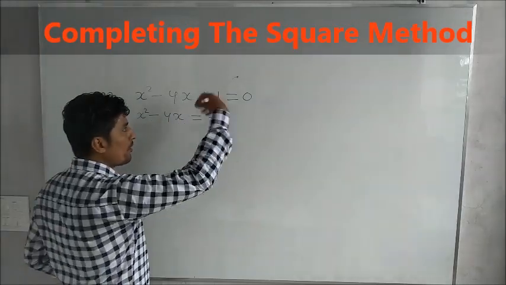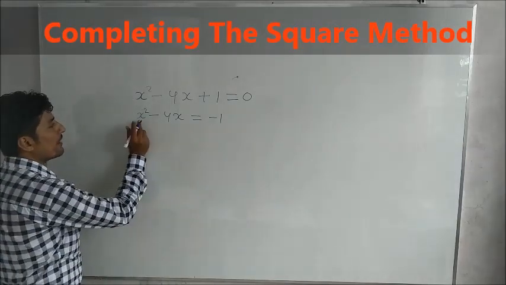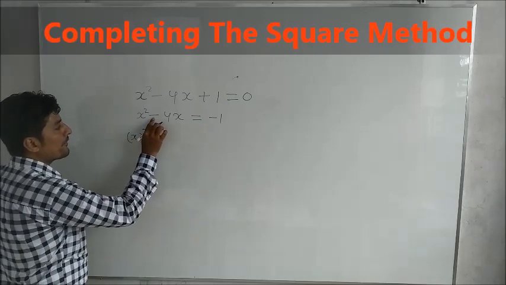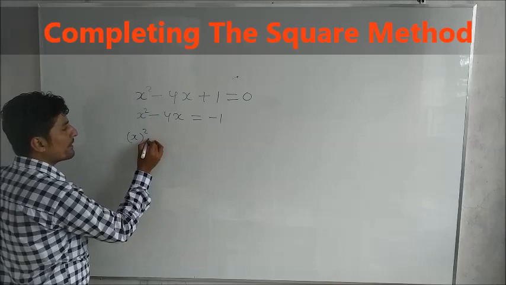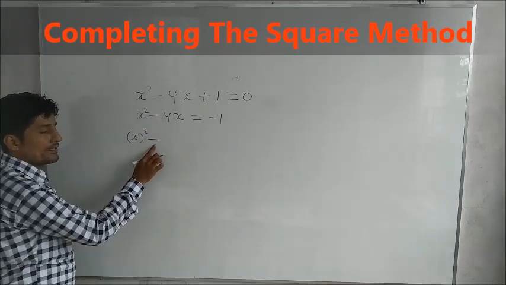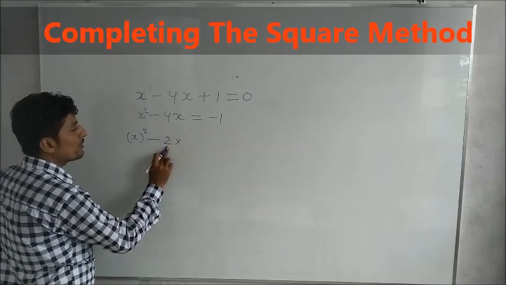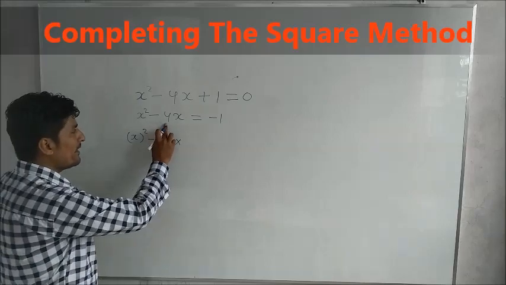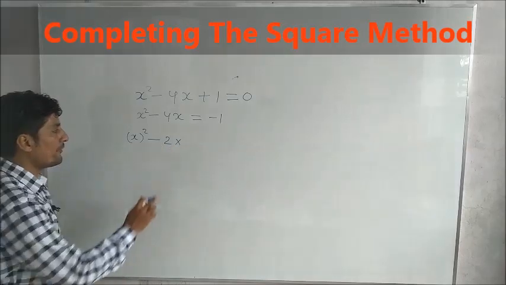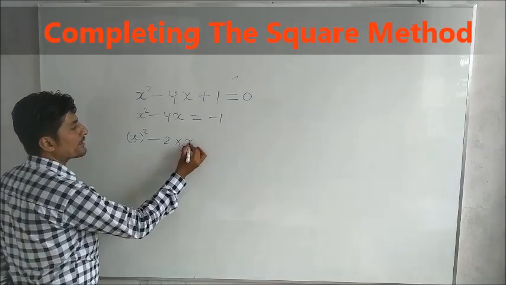First of all, we have to set the constant term towards the right side. After that, we have to write the whole square of this term. After that, whatever sign is there, we have to copy the same. If minus is there, then we copy minus. If plus is there, then we copy the plus. After that, in each and every case, we have to write here 2. Whatever is here, we will not focus on that. We will always write here 2. After copying 2 here, then we write the next term, that is x.